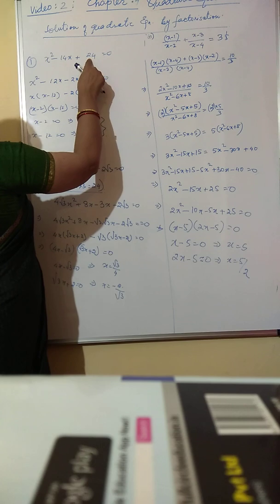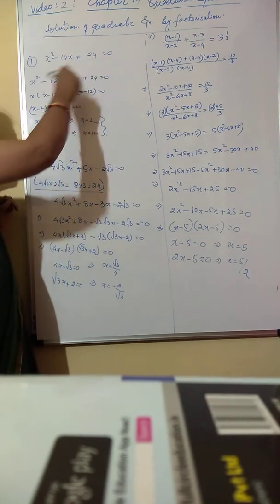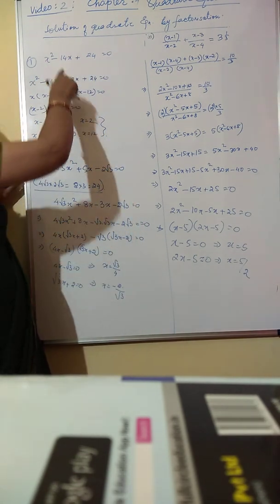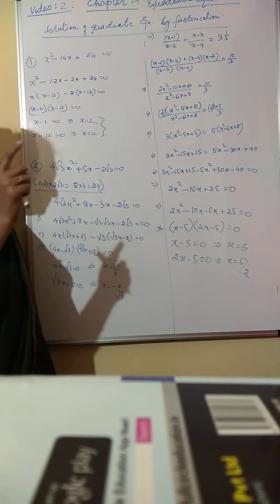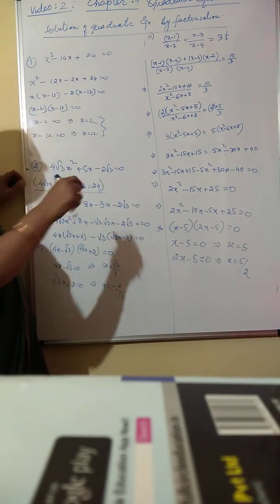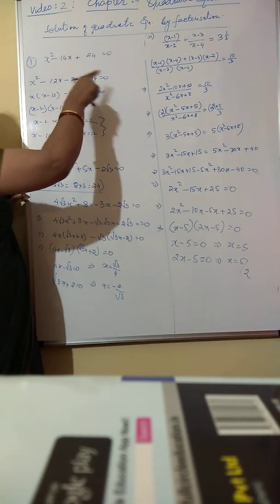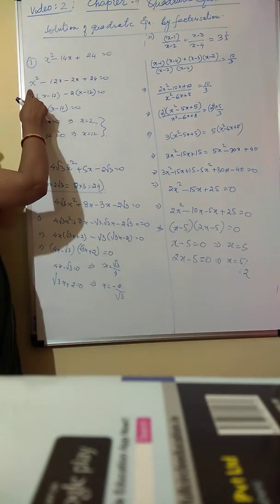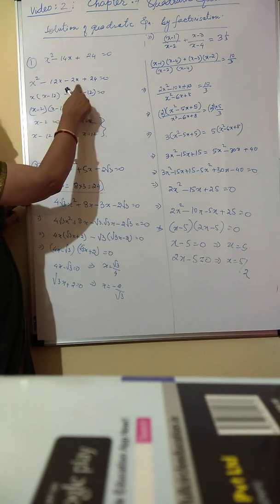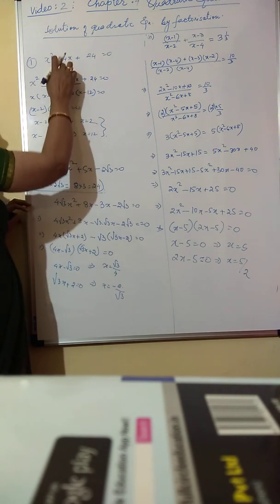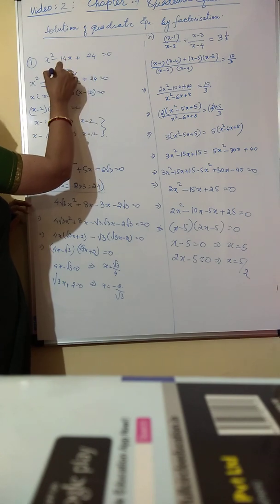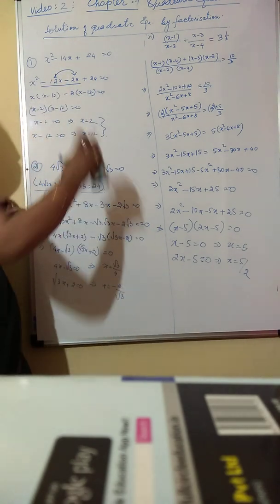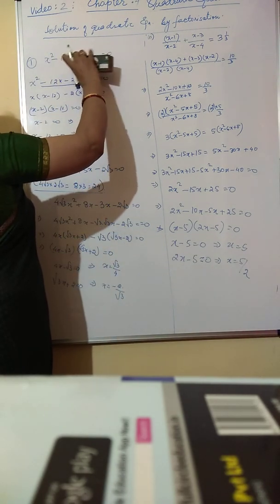Now one more thing, you see that 24 is a positive term. AB is 24, which is positive. But if I take this as 12 and 2, then the sum A plus B should come as minus 14, but the product should come as 24. So see how we split: x square minus 12x minus 2x. These two together make minus 14. But if you multiply A into B, minus 12 into minus 2, you get plus 24. So this verifies. Now I don't think I need to go into this much detail because you have already studied it in class 8-9.